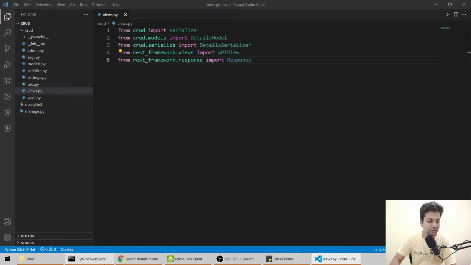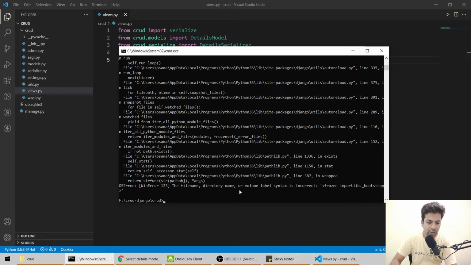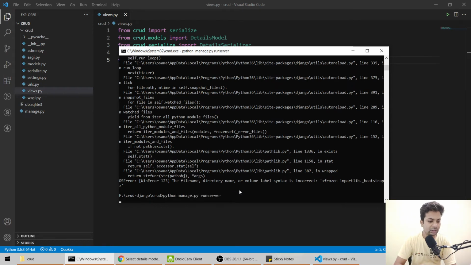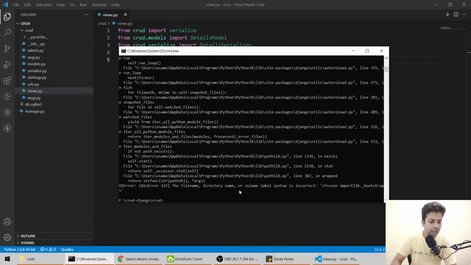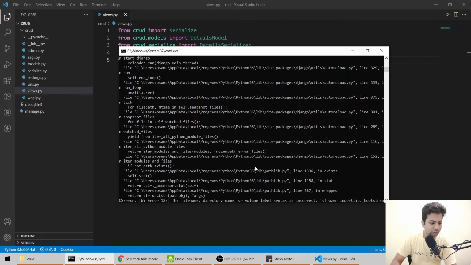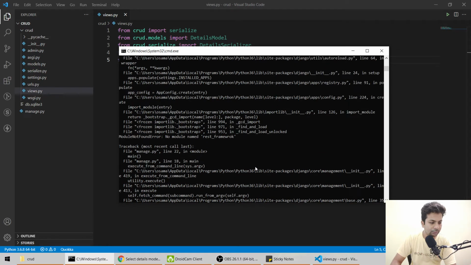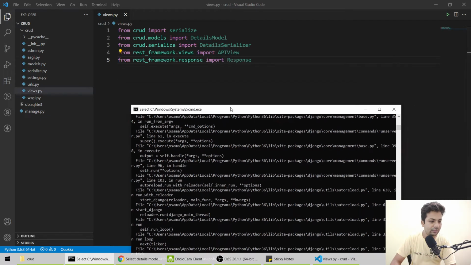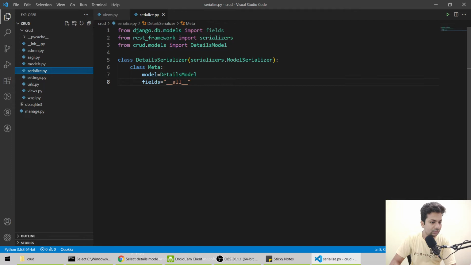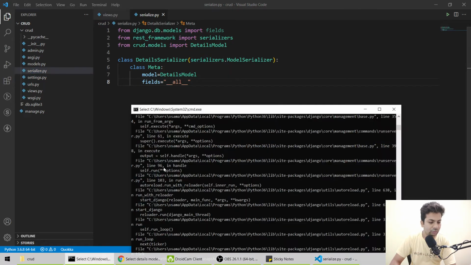Let me check that everything's fine. There is some error, I think. Let me run it again. It says module not found, no module named rest_framework.